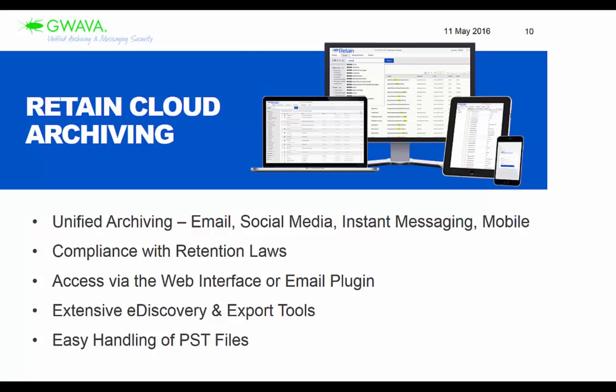Another great thing is if you're dealing with PST files that are scattered throughout your organization. That's a huge problem that many people running Exchange run into, is they have these personal archives for each person running Outlook. It's saved on each machine and they can be scattered throughout your organization on all these different machines. Retain can help with that. It can take all those PST files and put them into the archive. And then once the archiving solution is in place with Retain, your PST files are eliminated because now it's all archived into that one central archive.